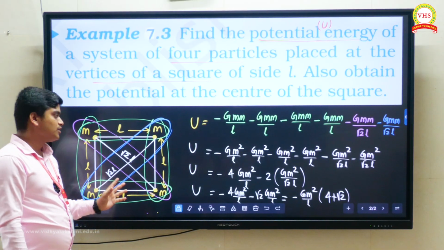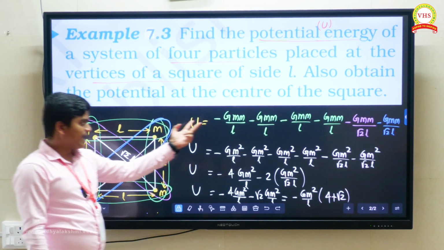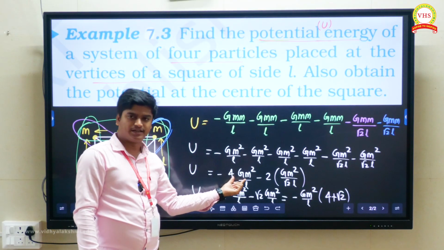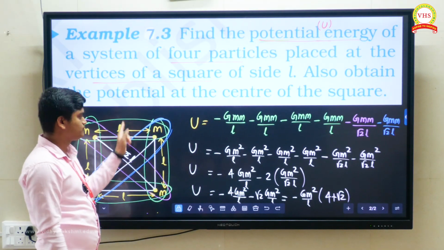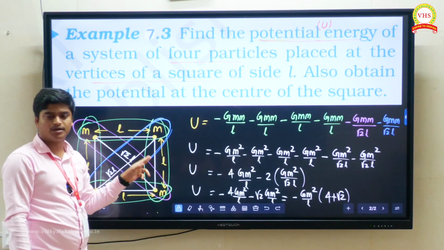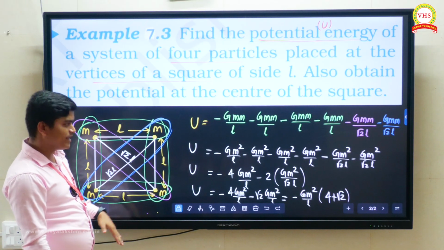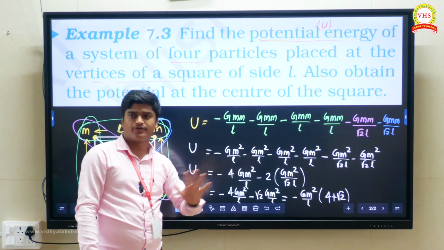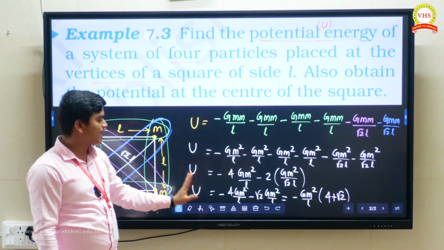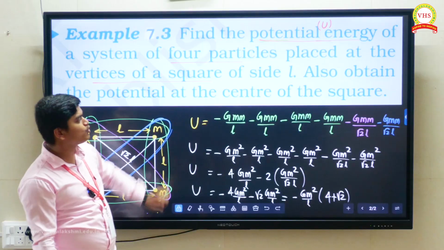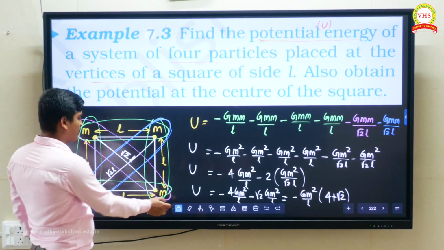Okay. So instead of writing this now 4, you can directly also write this one, because you know all masses are equal, and the distance between them is equal, so you can do that. Otherwise, step by step I did so that you can understand better. Clear idea? Gravitational potential energy of the system we obtained. Now next question. What is the next question?